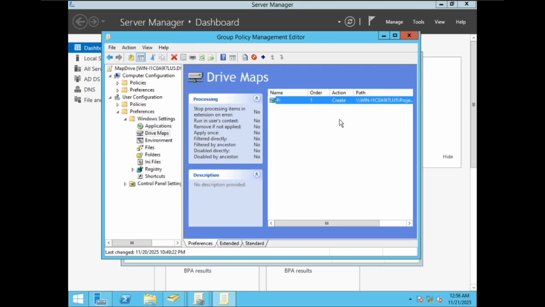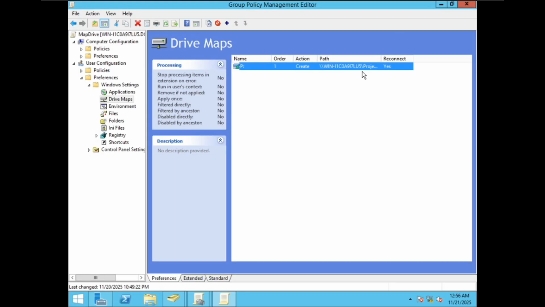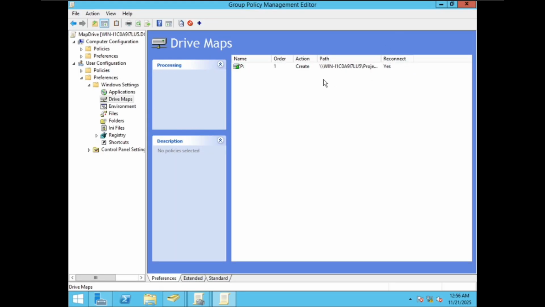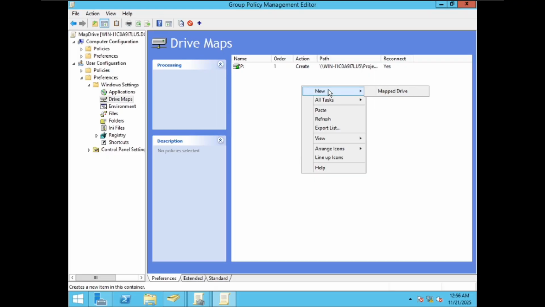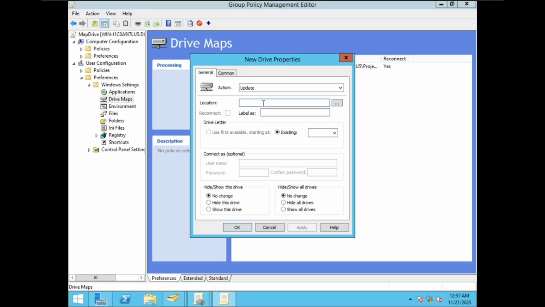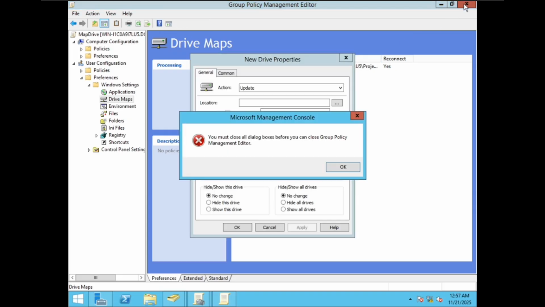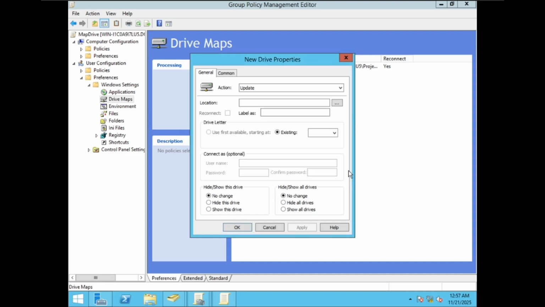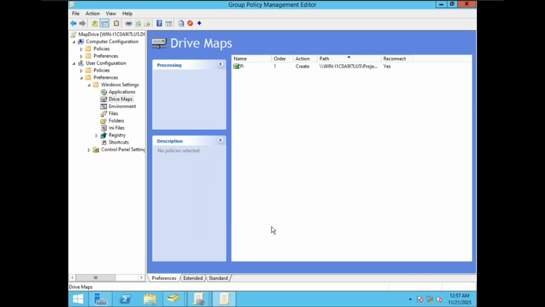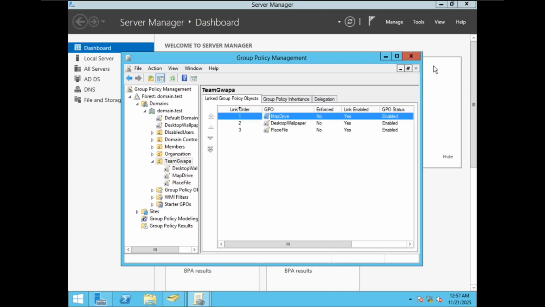So as you can see, I have here my setup drive maps. So how do we do that? Let's just right click and then map drive and then put our path, then reconnect, and then our drive naming convention. And that's it. So expecting when we open our domain users,